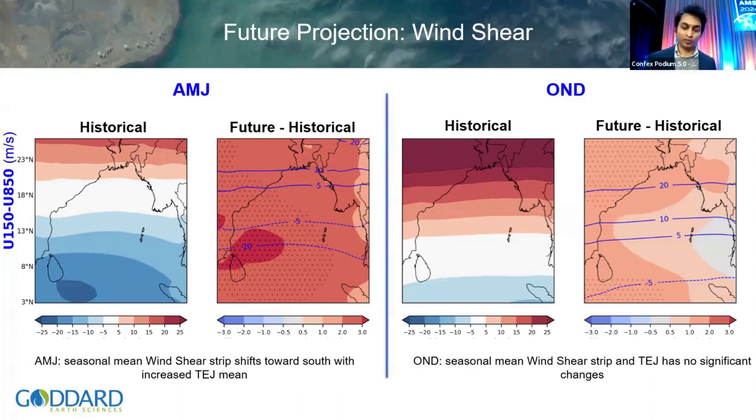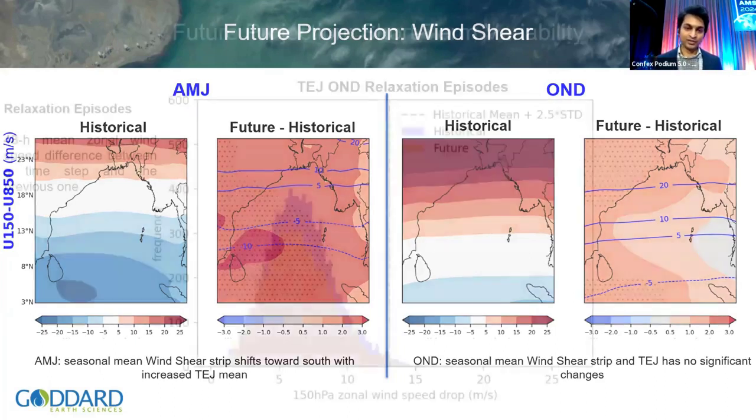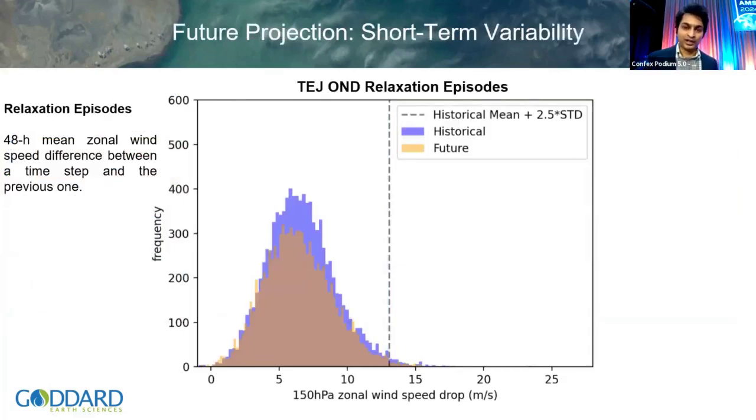So if wind shear is not changing significantly in the post-monsoon season, what is driving the tropical cyclone change in the future climate? Instead of looking at the mean state, we are trying to look at the short-term variability, which I think is a very key component for both seasons. For short-term variability, we look at the relaxation episode, which is calculated based on the 48-hourly mean zonal wind speed difference between the time step and the previous time step, and based on all the grid points and the 48-hourly time mean,